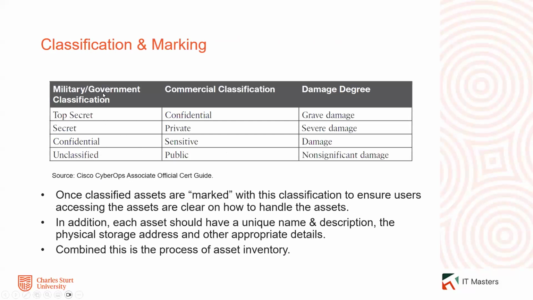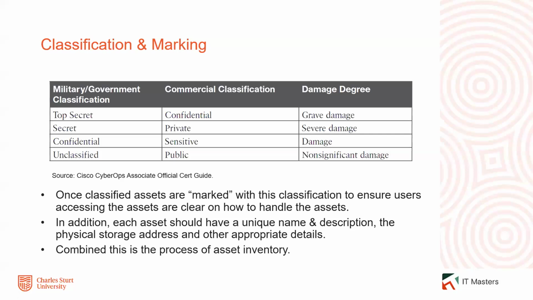So inside the military model, any information that is classified as confidential will cause some sort of damage to our organization should it be compromised. Whereas in a commercial model, it creates potentially business-ending damage. Okay, so that's the difference. The level within confidential in commercial is going to provide a much higher level of damage compared